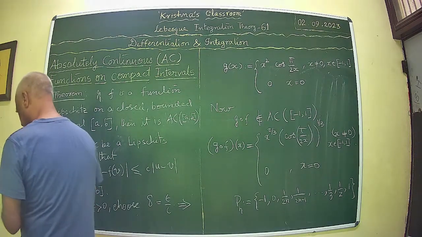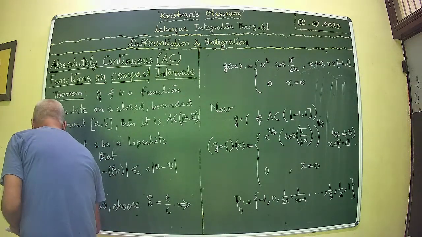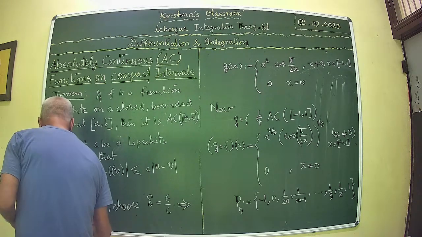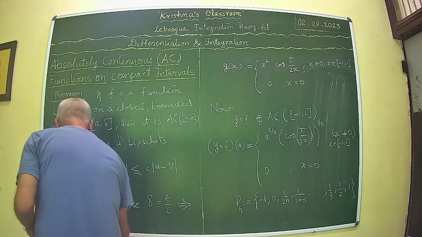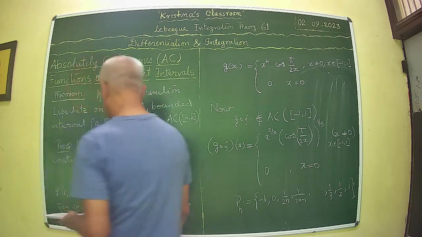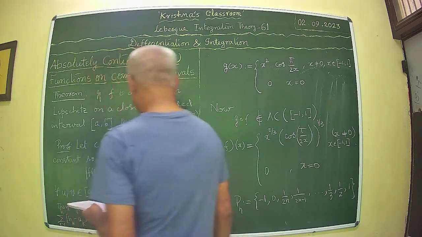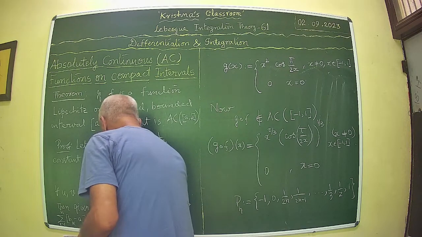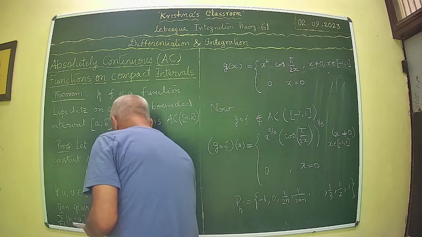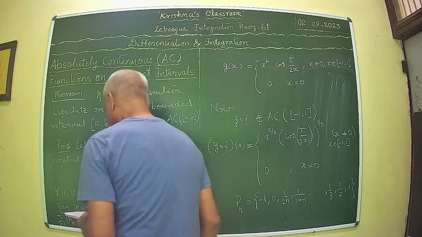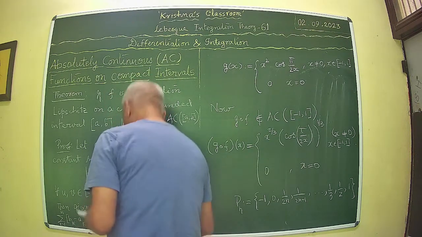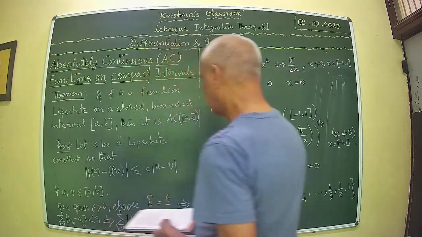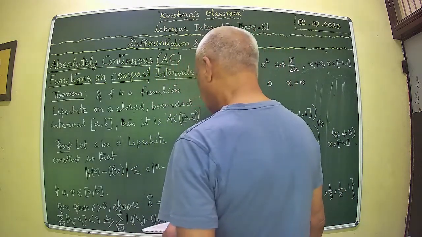The criteria for absolute continuity is this: sigma k equal to 1 to n ... is less than delta implies sigma f ... is less than what? It is going to be less than c times